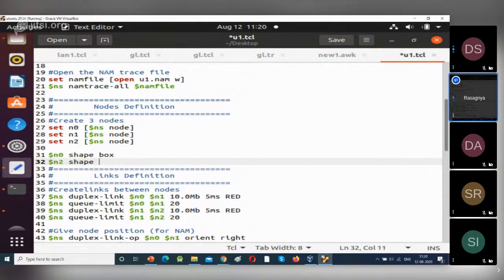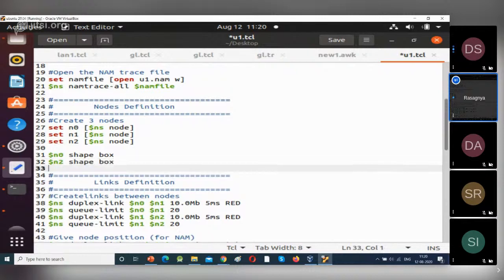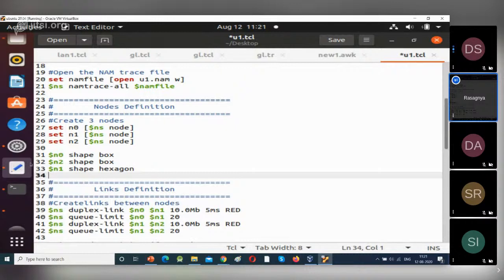For sender and receiver I am giving same shape, that is box shape. For the intermediate device, give hexagon shape. So $N1 space shape space hexagon. Next, I will change only color of this intermediate device, that is $N1 space color, COLOR space, give any color.